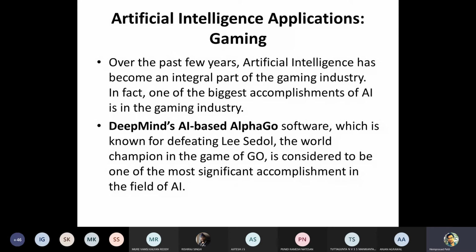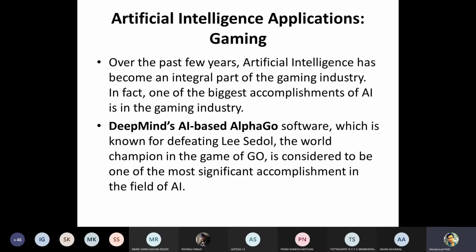Okay, so this AlphaGo software played against the world champion. It defeated the world champion. So see the power of AI. Even if you play the game of chess against the computer, there are certain levels. Say easy, intermediate, advanced, like that. In easy, the computer will not play with that much experience or expertise. If you go for advanced level, you can realize that it is really difficult to defeat the computer